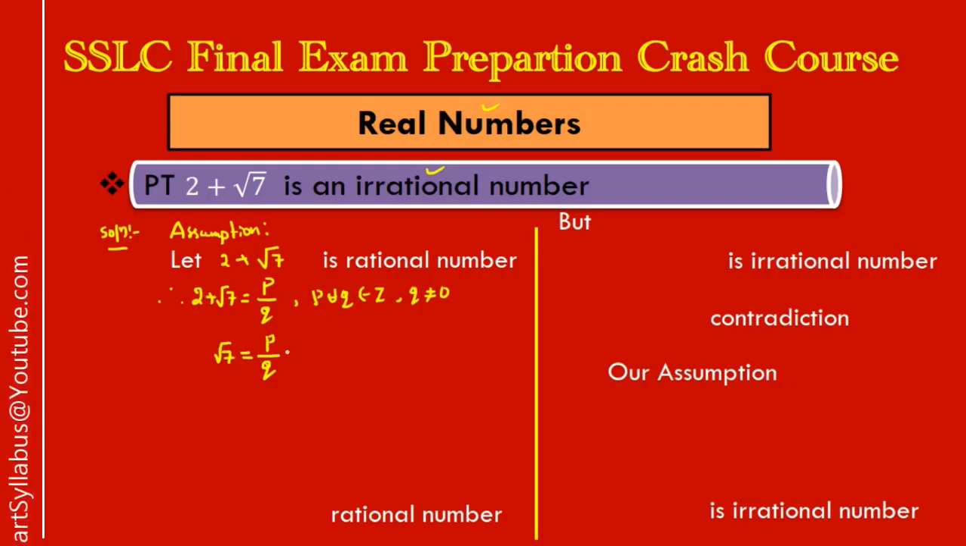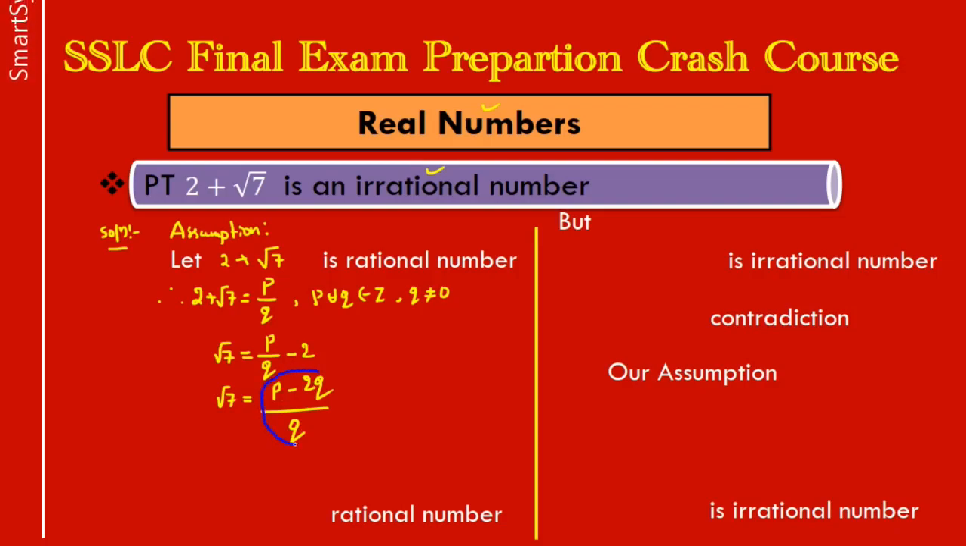Send the 2 to the other side, we get minus 2. Then root 7 is equal to, after this take the LCM, so it's p minus 2q upon q, with q as it is in the denominator. Okay, now this is a rational number because it is in the form of p by q. Therefore p minus 2q upon q is a rational number,